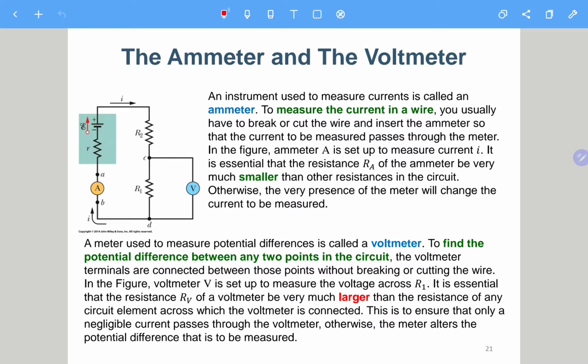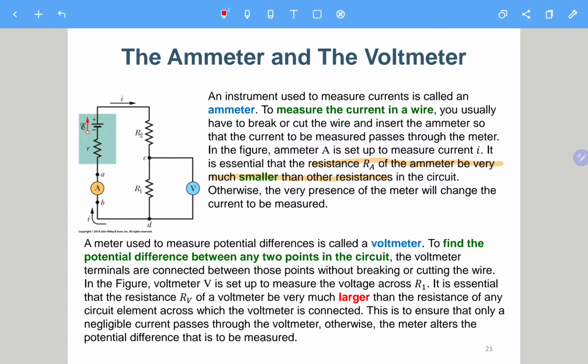And the one point is the internal resistance of the ammeter should be very small. Here the resistance RA of the ammeter should be much smaller than other resistances in the